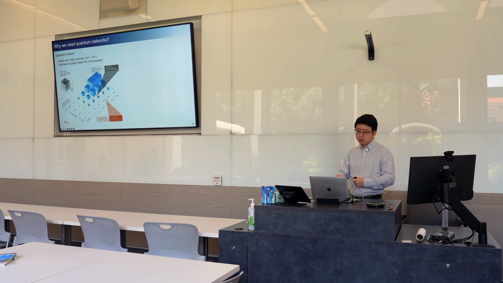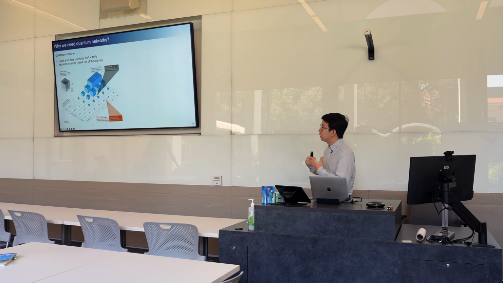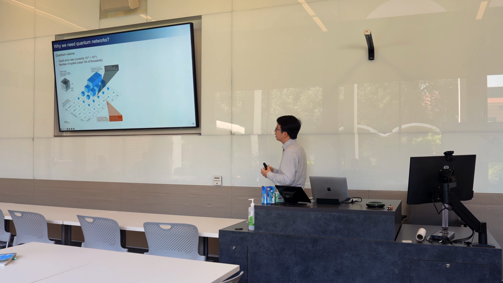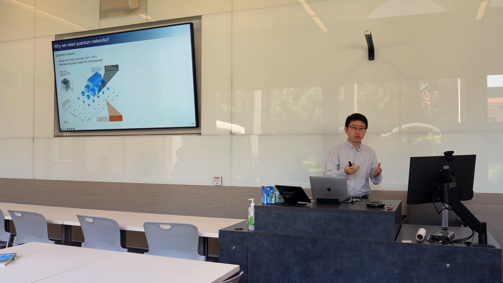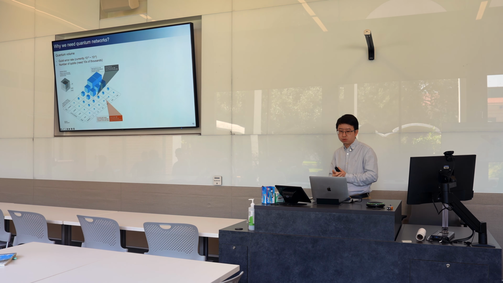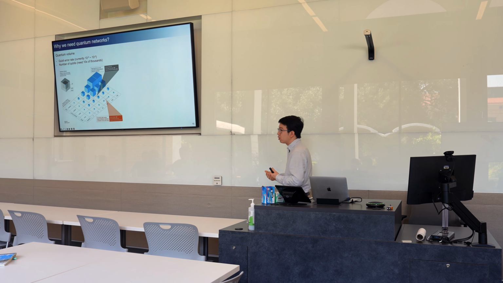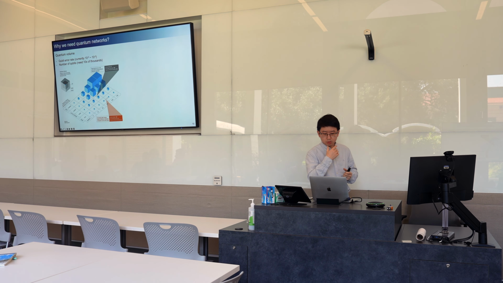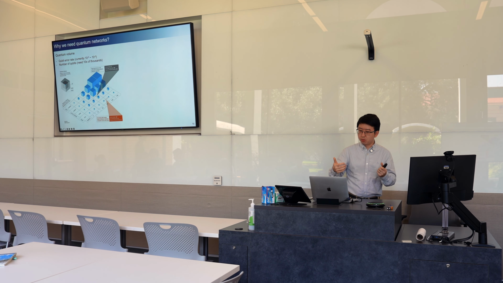Let me come back a little bit. The reason why we need so many qubits is because the qubit itself is very noisy, right? The qubit error rate nowadays is on the order of 10 to the minus 3 to 10 to the minus 2, right? And then to counteract these errors, people need to do this thing called quantum error correction. But to do the quantum error correction, you need more physical qubits to do the encoding and then to do the operation there. That's the reason why people create this concept called quantum volume, where you